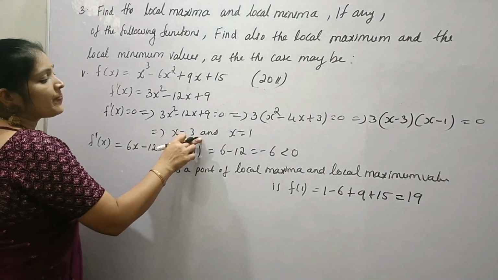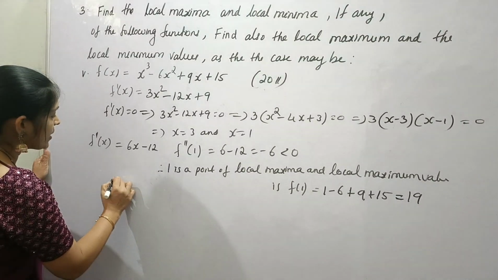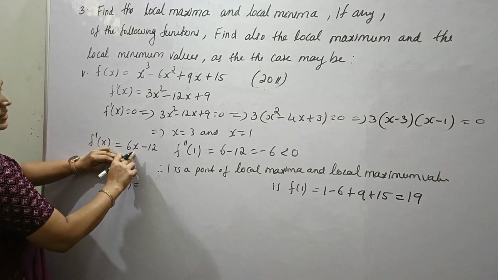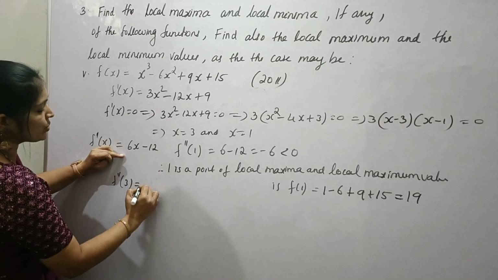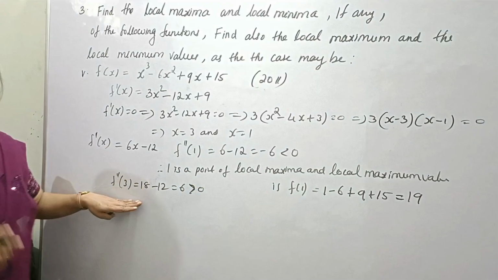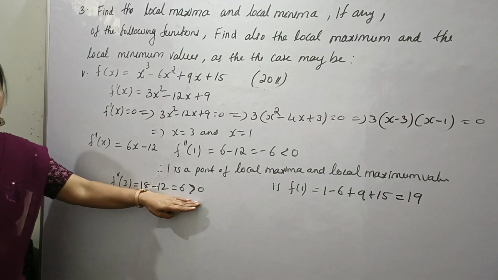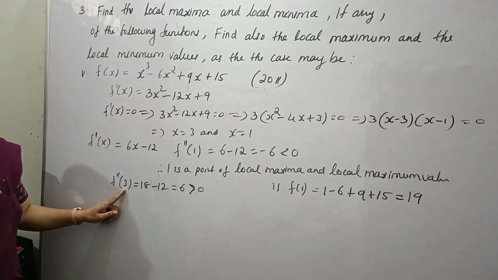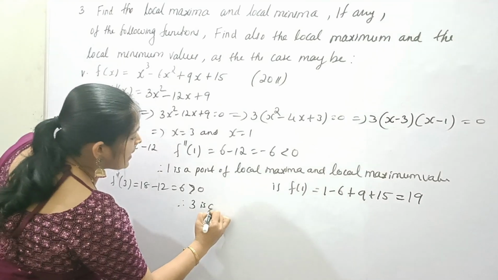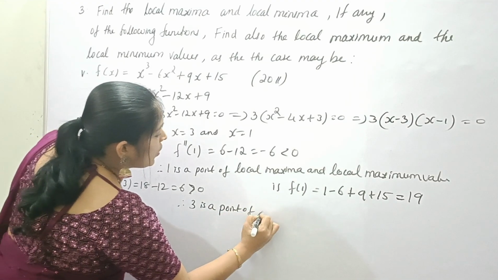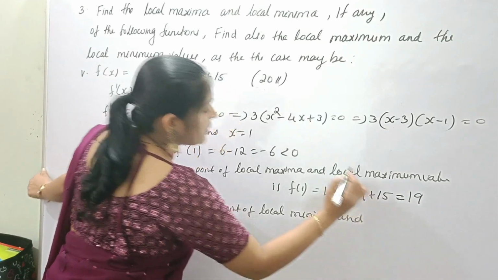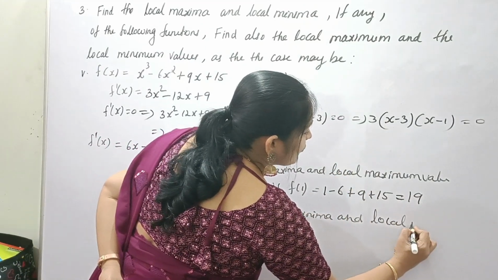So next we have to check at x is equal to 3. Okay, so f double dash of 3 is equal to, it is our f double dash of x, put x is equal to 3, 6 into 3, 18 minus 12, that is 6, greater than 0. See, here we have got f double dash of c greater than 0. That means 3 is a point of local minima. Okay. Therefore, 3 is a point of local minima and local minimum value